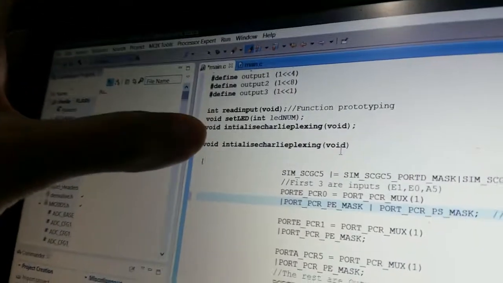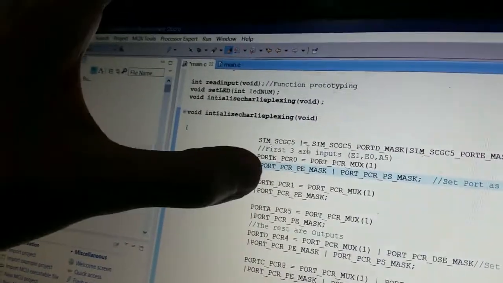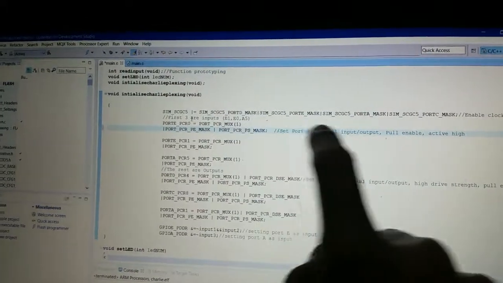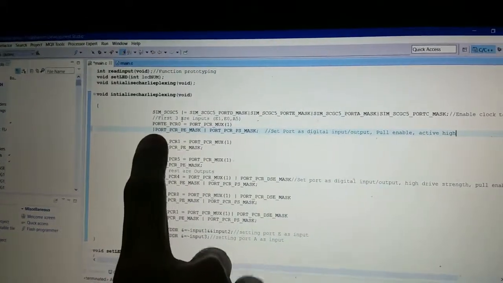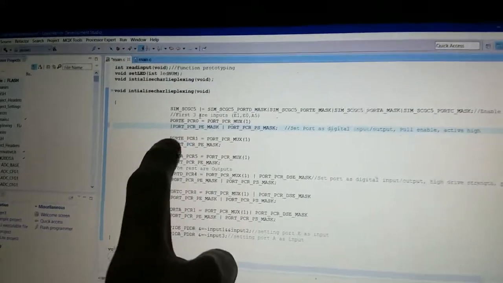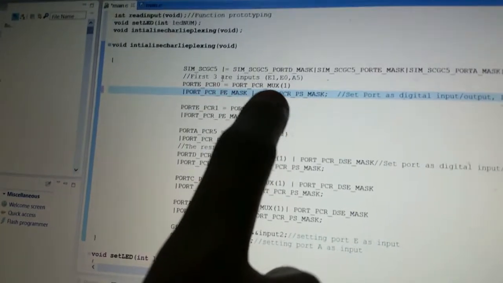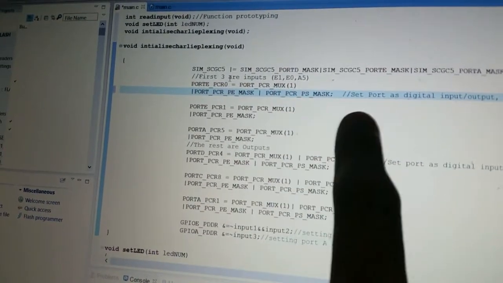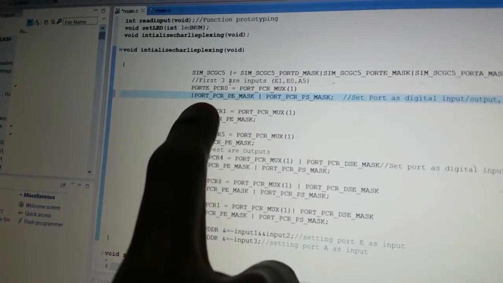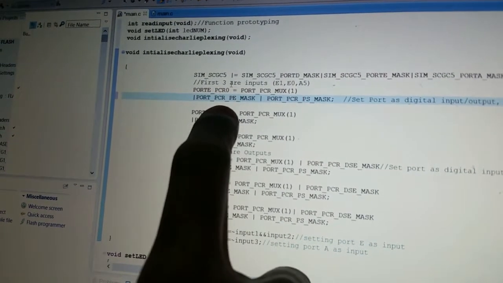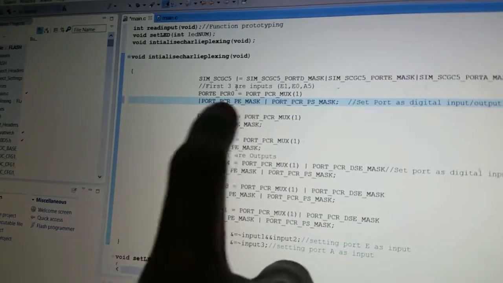And then next we will start the function prototyping right here. Alright, and after that the definition for the initialize Charlieplexing function will be as follows. First off, we'll start off with enabling the clock to all of the ports that we are using. Second, we are setting port E PCR 0, which is E0, equal to PORT_PCR_MUX(1). MUX 1 stands for digital input or output, and then OR PORT_PCR_PE_MASK, which stands for